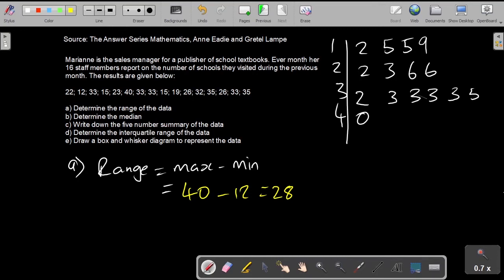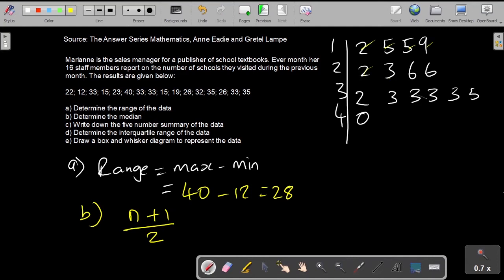And the second question says determine the median. The median is the middle value of sorted data. Now that our data is sorted, we can find the position of the median value, which you do using this formula. n is the number of elements that you have. You can count the second number, which is all the numbers after the line, to see how many elements you have, or you can count the elements from the raw data over here. Either method should work. Basically just count the number of elements that you have, and in this case we have